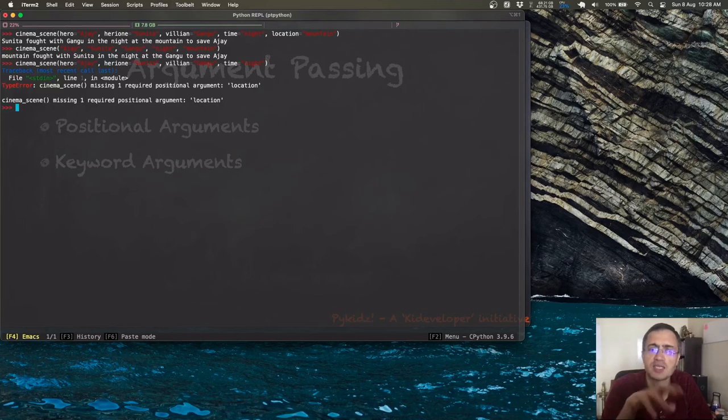You can actually mix and match positional arguments with keyword arguments. To do that, you have to take care that the positional arguments come first and the keyword arguments are put at the end. I'm not going to show it to you here. I'll show it to you slightly later, but generally I don't prefer mixing them up. I find it is easier to just deal with one or the other, unless you have some special cases, and we will work that out soon. So try it out if you want, and that's all I'm going to cover on keyword arguments. Let us look at other ways of making it easy for function users in the next video.